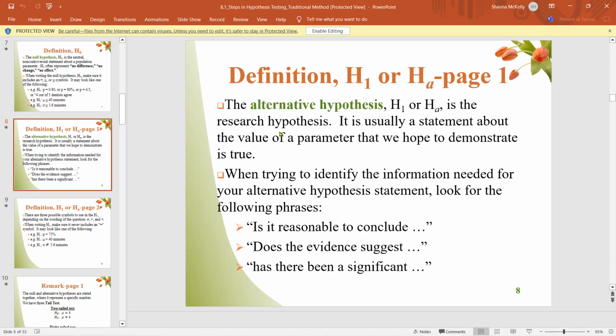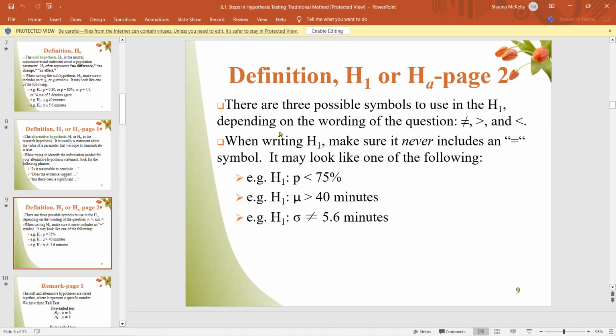Okay, got it. All right. So now if you look down here, the alternative hypothesis is not equal to, greater than, or less than. So it's not going to have an equal. It's going to have a not equal, a greater than, or less than. So if you wanted to go back to your example here